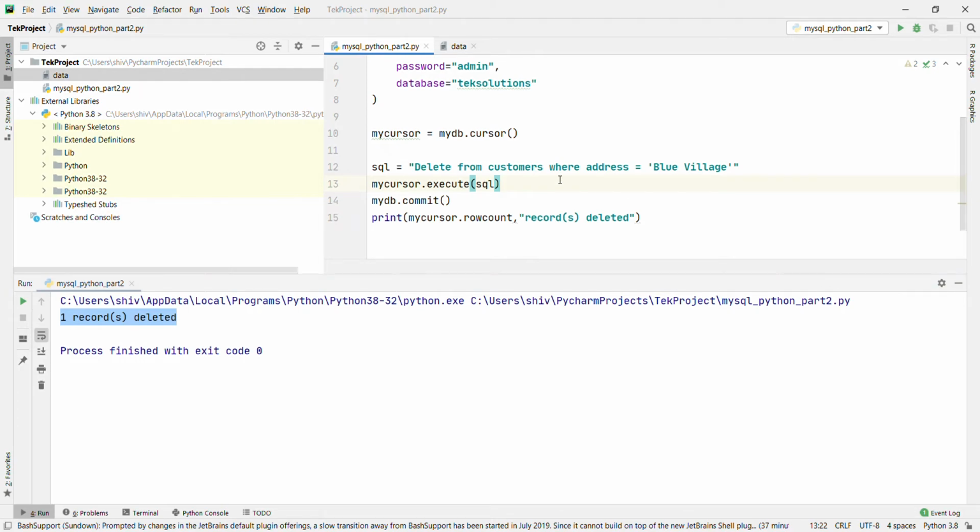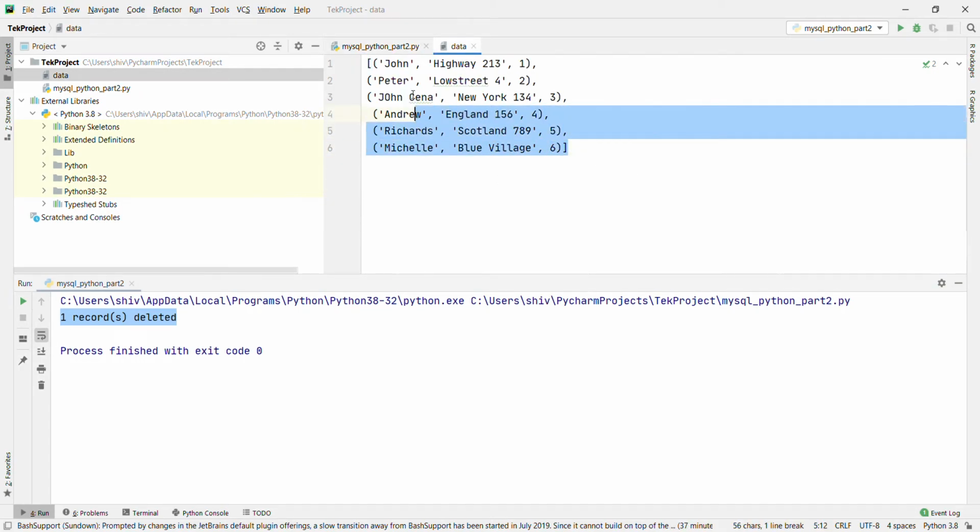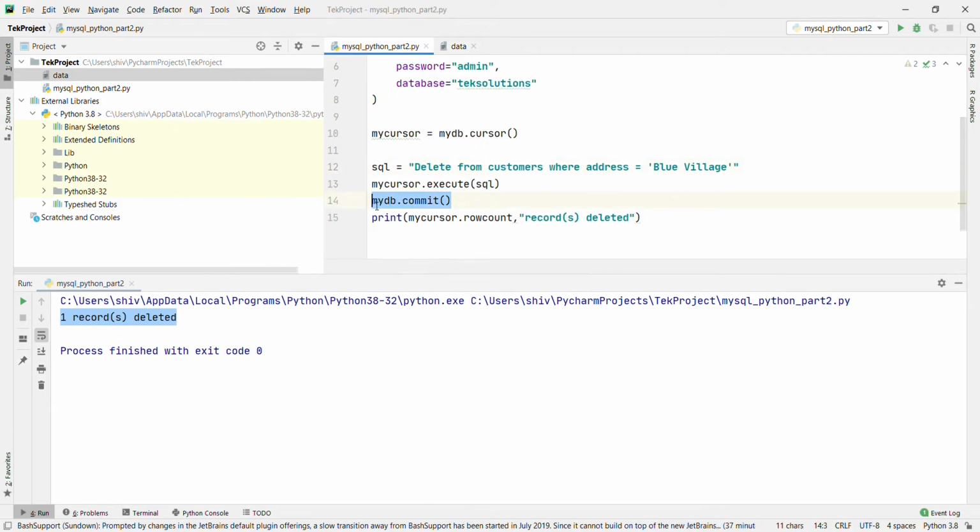Now if we loop through all of them from the customers table, we will get only 5 records instead of 6, and this Michael Blue Village will not be there. Notice the statement my db.commit is required to make the changes, otherwise no changes are made on the table. Okay, now we are going to show preventing SQL injection again.